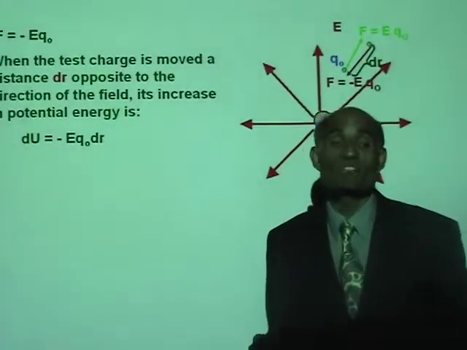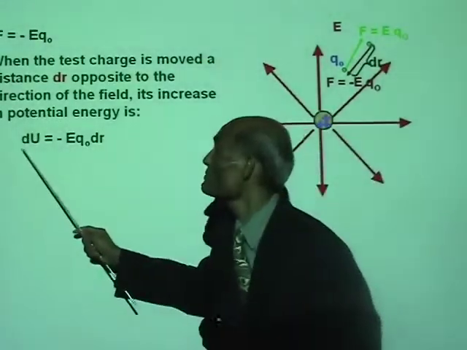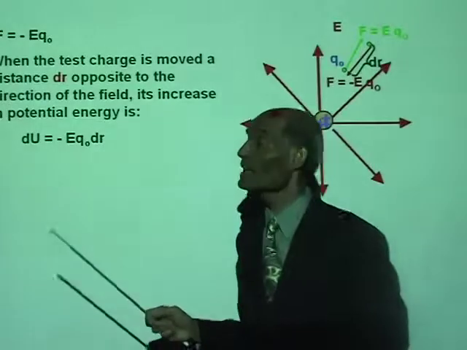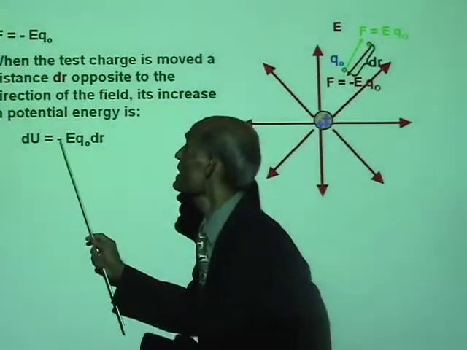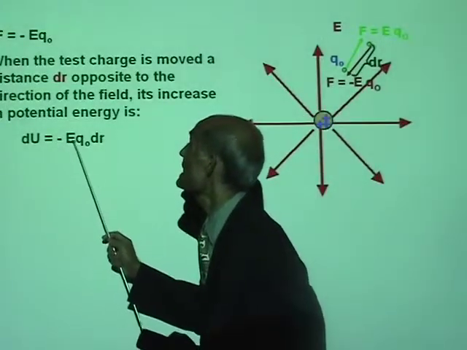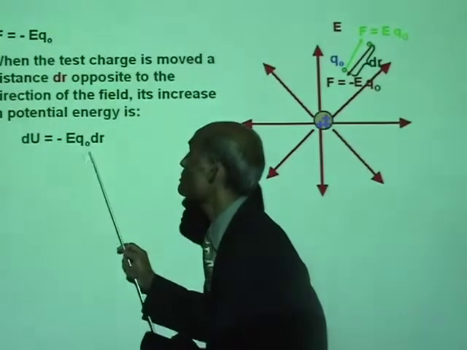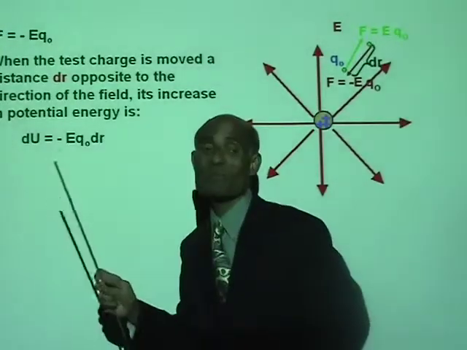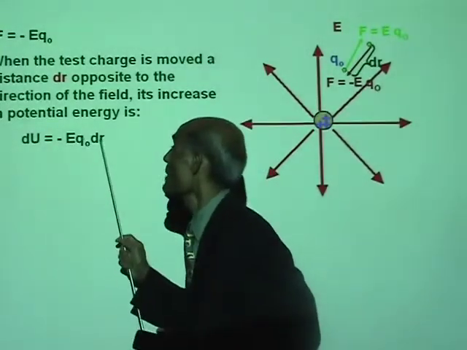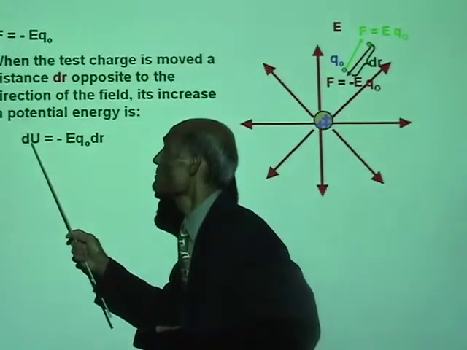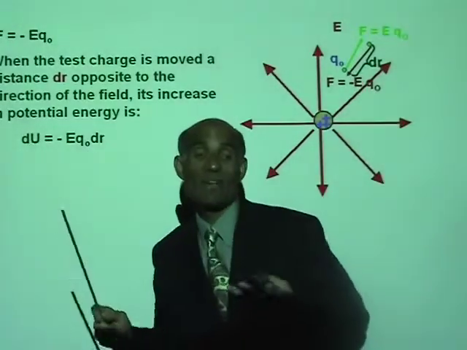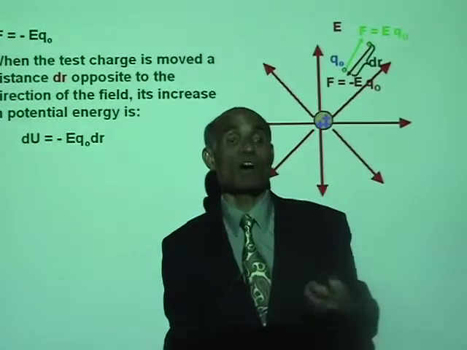Work done is a measure of the increase in potential energy. The increase in potential energy is therefore negative EQ0, that's the force, multiplied by the distance. Force multiplied by the distance is a measure of the work done,